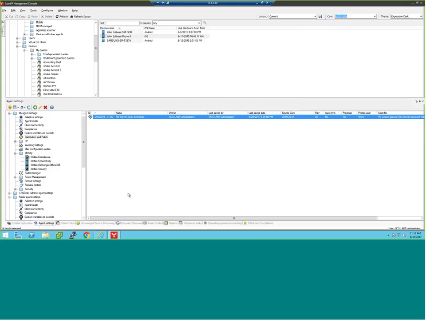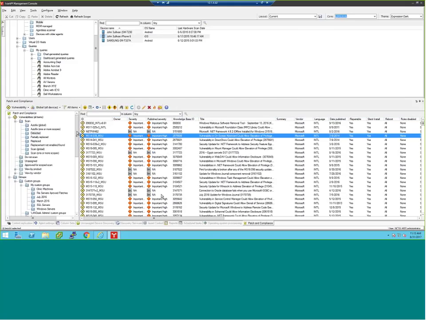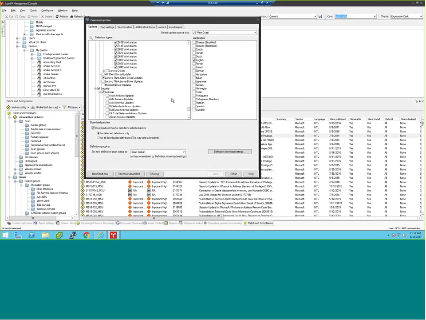In order to make sure you're downloading the right content, if you go into Patch and Compliance here, when you click on the little download button here, make sure you're grabbing this very bottom one called Microsoft Windows Vulnerabilities on the Windows side. The important part about that is this grabs all third-party content as well. It makes it look like it's just Microsoft content. No, that's not true. This is all content destined for Microsoft Windows operating systems. So it's going to get Chrome, it's going to get Firefox, Java, et cetera,